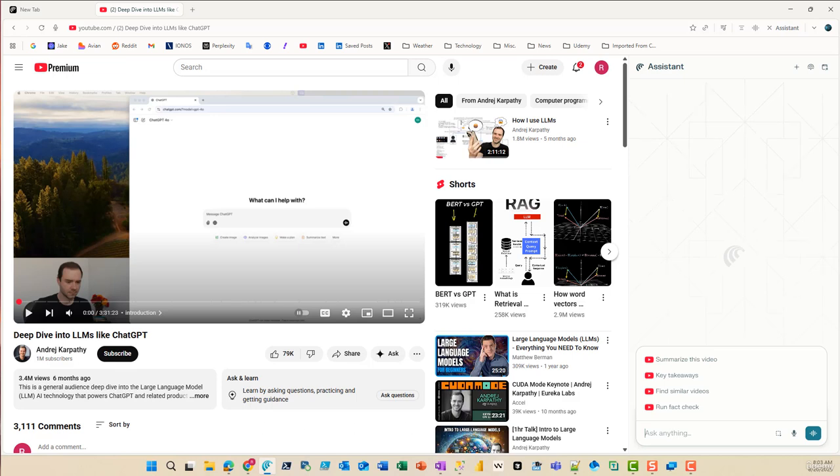Now the problem is I can never remember exactly the way I want this worded to get exactly what I want. I could save it, but then I would never be able to figure out where I saved it, so it's just a hassle. Shortcuts make this easy, but we first have to actually enter the command that we want associated with the shortcut. So I'm going to say generate an outline of the video with key points or ideas from the video along with timestamps